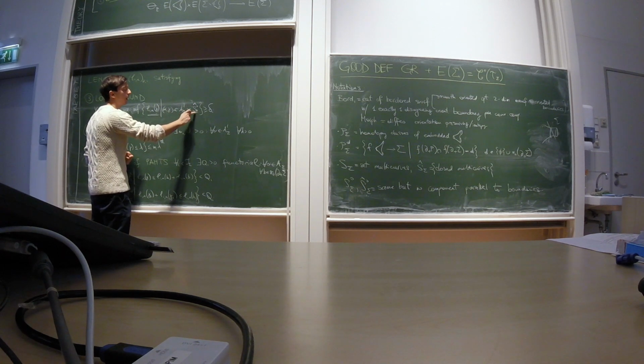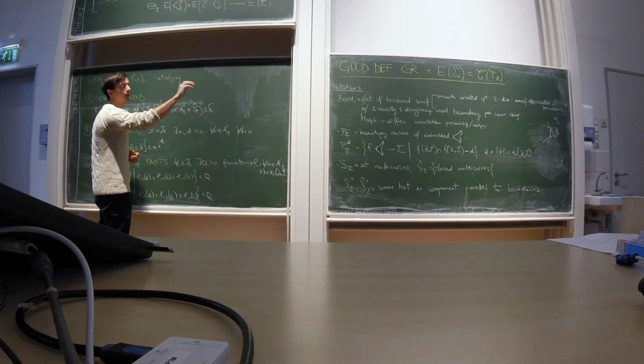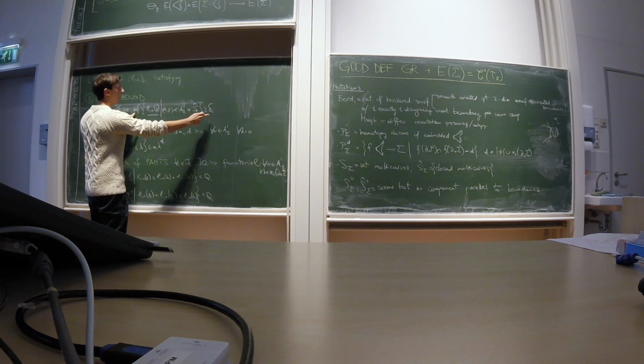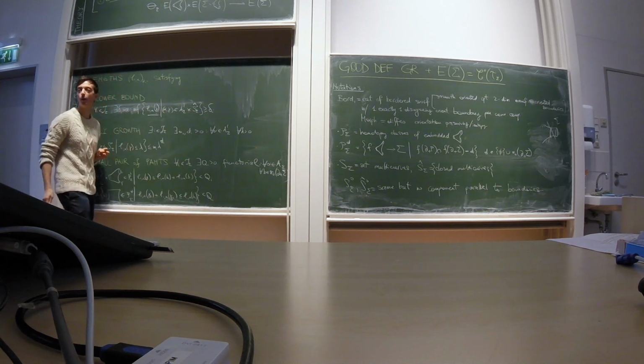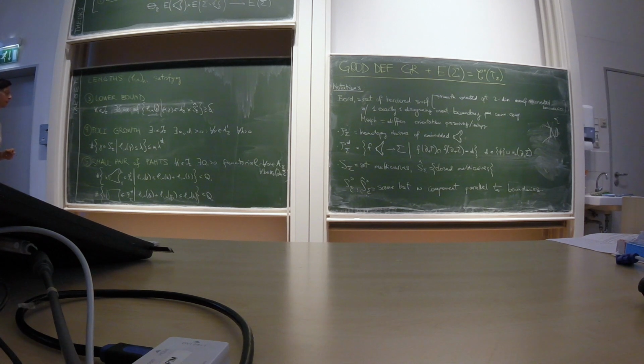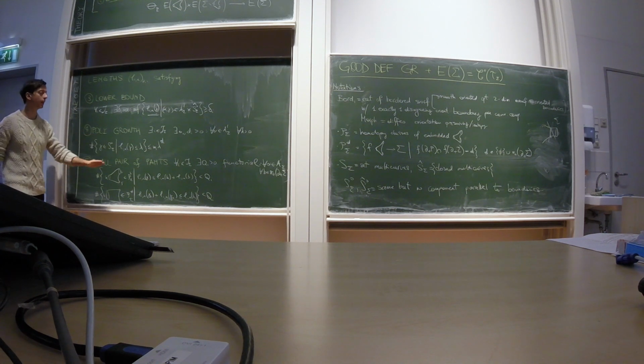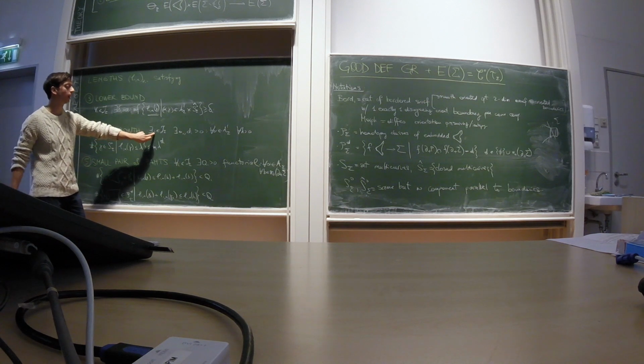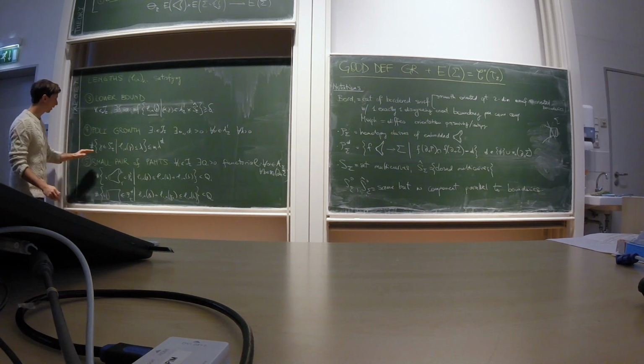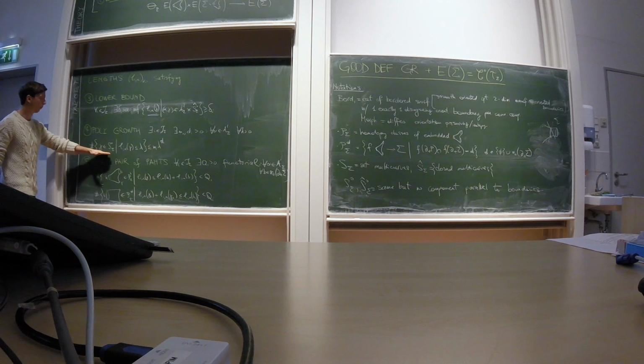closed multi-curves without components which are parallel to boundaries, then you want them to be bounded from below. And moreover, you want polynomial growth, meaning that every time that you fix again an index i, you want to look at the number of multi-curves